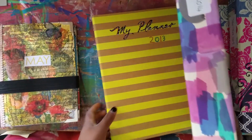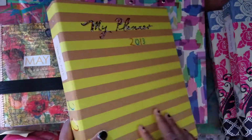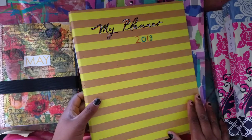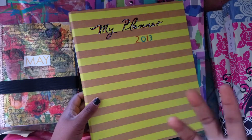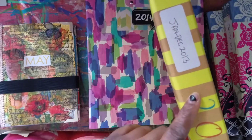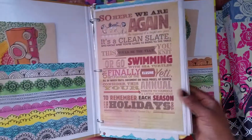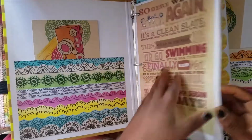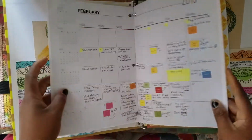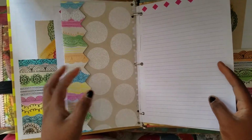In 2013, when I started to keep a book, it became a folder because I realized that it couldn't last the whole year. The book fell apart, so I turned it into a folder. So I had one folder for the whole year, and I did try to decorate it, but I had calendars and so on, but